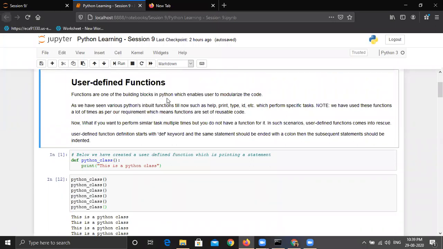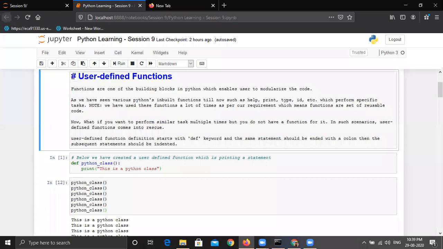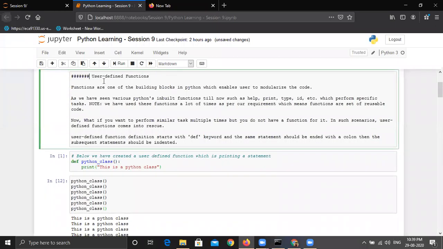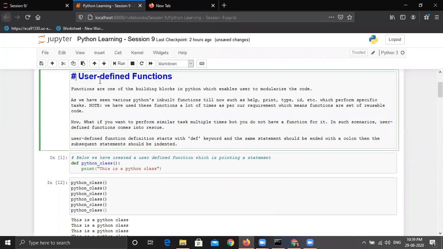Like I have used comments here, and in the previous session I have used some kind of images as well. So if I double click on this cell, you can see that using hash, this basically makes this text a heading. If I use double hash, you can see this text is getting smaller, right? So only one hash means you are giving it as h1, which is heading 1 in HTML. Then we are writing plain text.